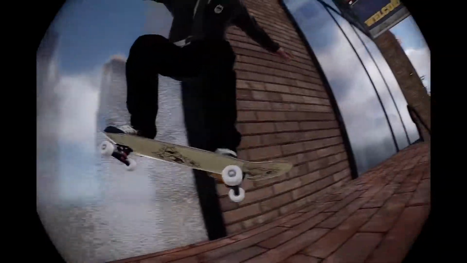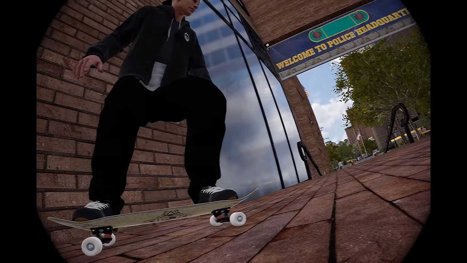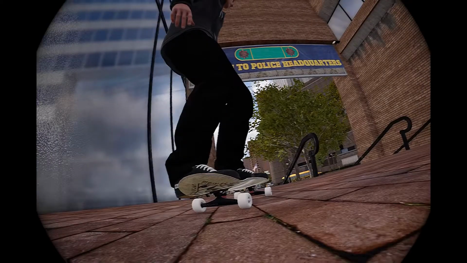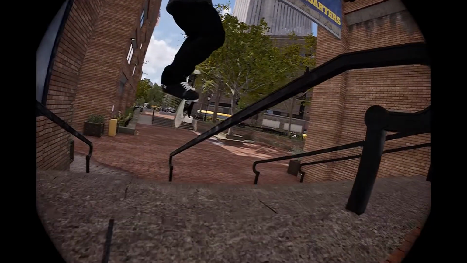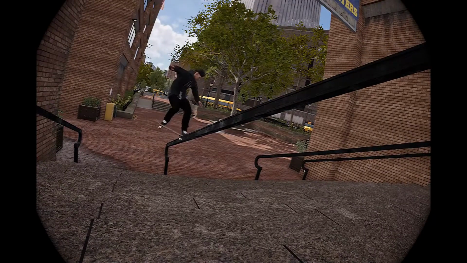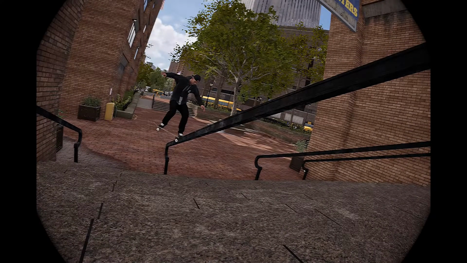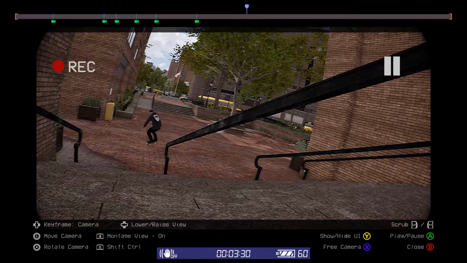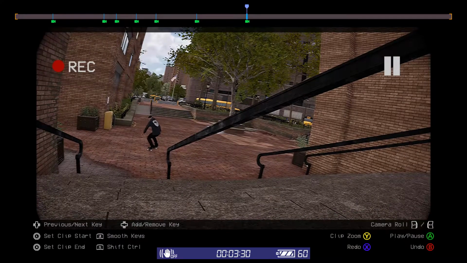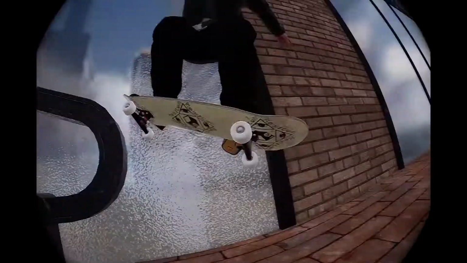So when he lands, right, look how low we're getting. This is important. We want to capture that landing, and then we're going to stay nice and low until he launches. Then we're going to pick the camera up, capture the trick in the middle of the screen, and then boom. Now here we can also tilt it slightly to the right, and that will do an